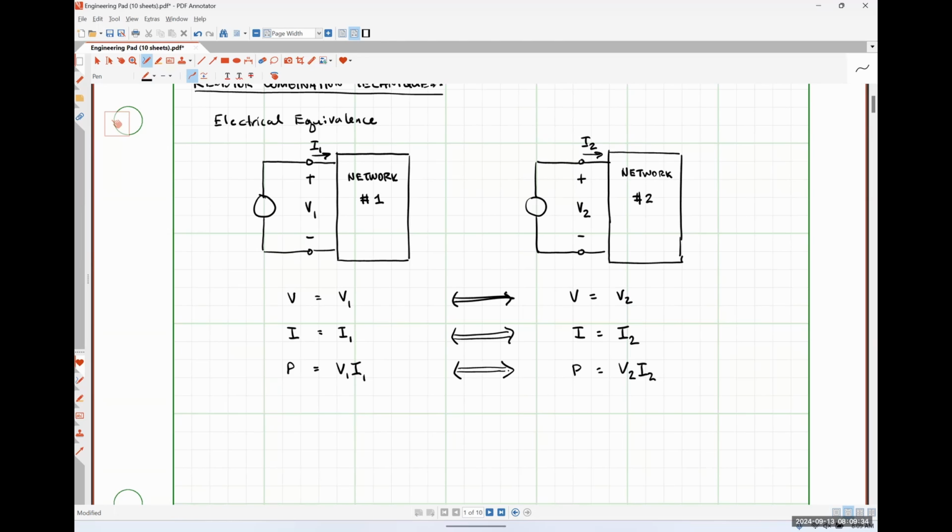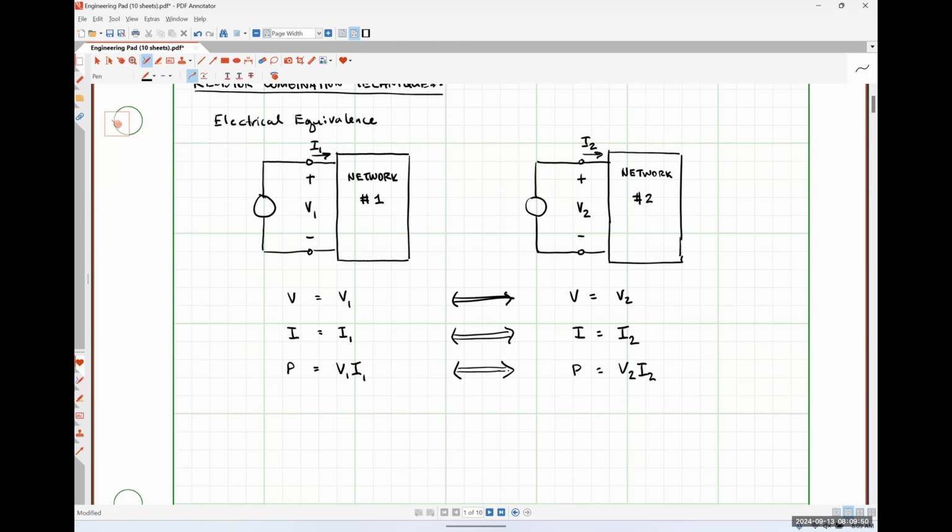Doesn't remotely matter, but if they absorb the same power, have the same voltage drop across them with a similar excitation, and have the same current flowing through them with a similar excitation, they are electrically equivalent networks,